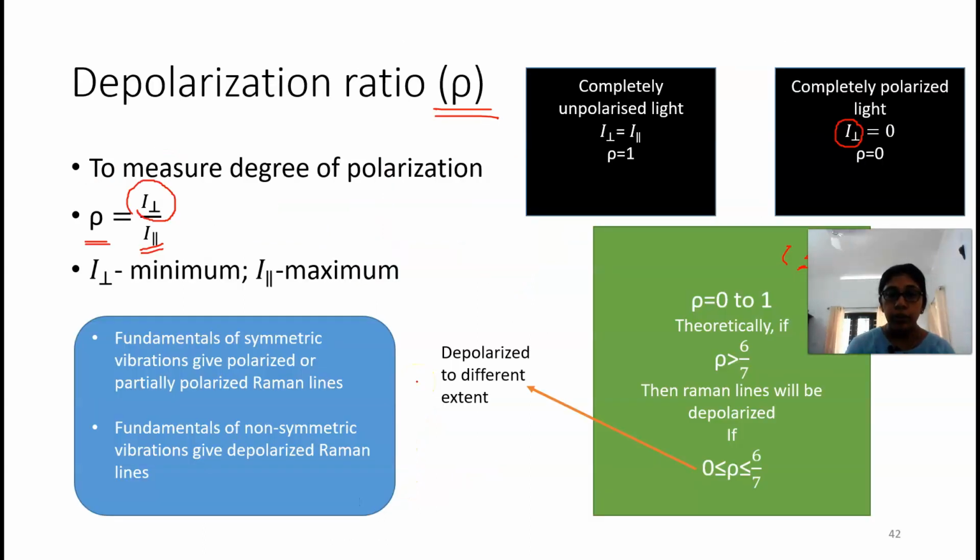So if that particular light after Raman scattering is completely polarized, then you can say I perpendicular will be equal to 0 and rho will be equal to 0. Depolarization ratio in that case will be 0. And if that particular light is completely unpolarized